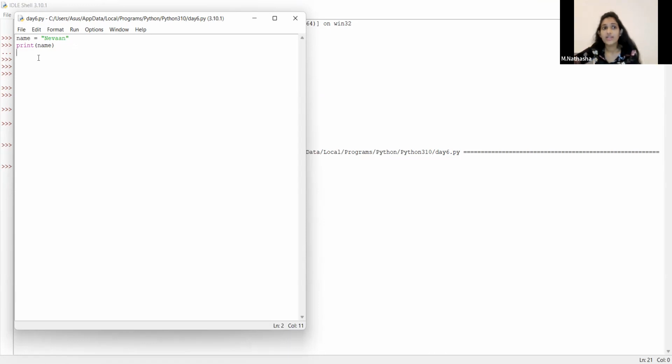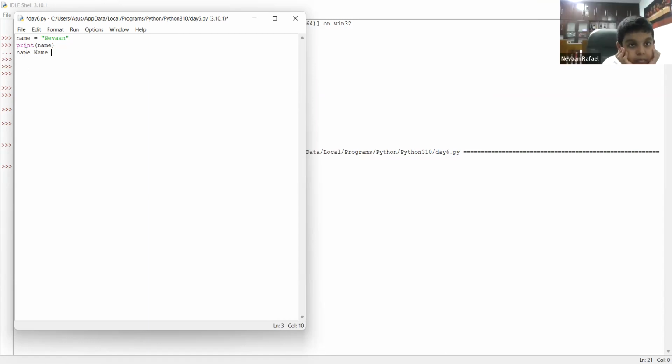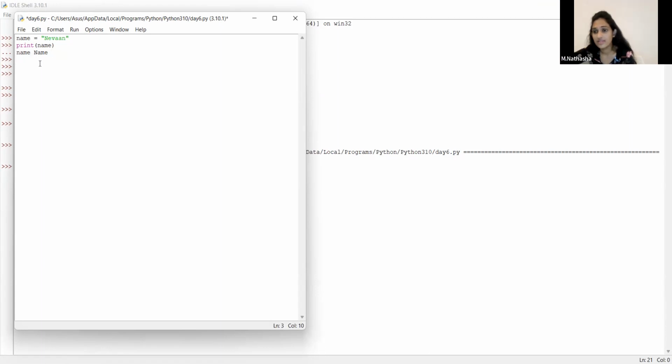And variables are case sensitive. It means here name and Name are not the same. No, these are two different variables. So variables are case sensitive, right?